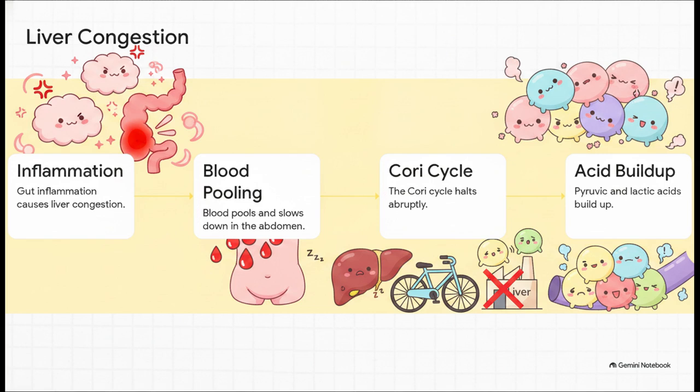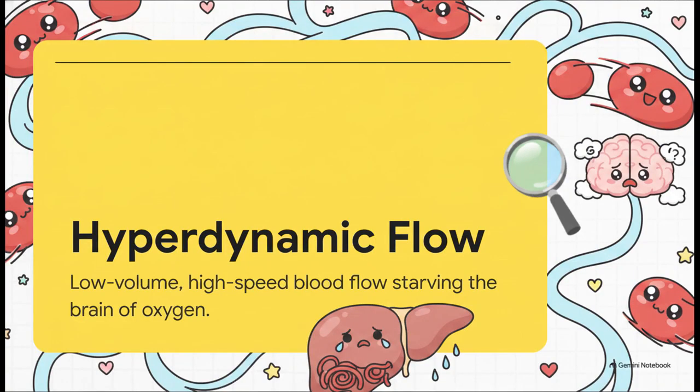Because that blood is basically stagnant, a vital process called the Cori cycle, which is our metabolic recycling plant where the liver converts pyruvic and lactic acids back into usable glucose, just grinds to a sudden halt. And the result? Those toxic acids rapidly pile up in the bloodstream. In this model, the resulting hyperdynamic circulation starves the brain of oxygen and essential ketones, and that is what actually